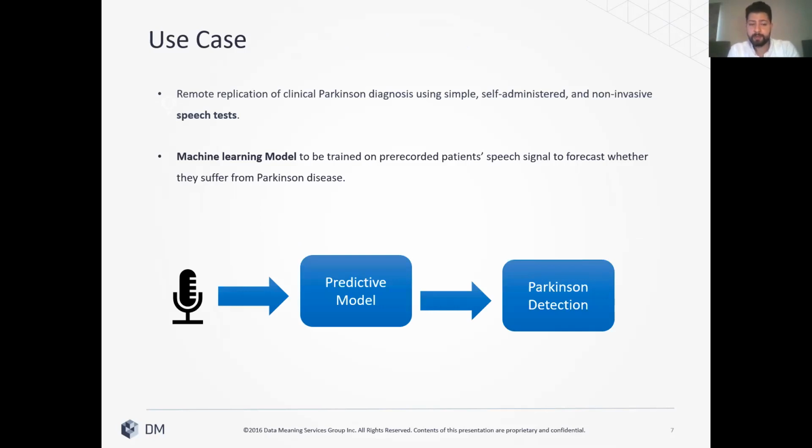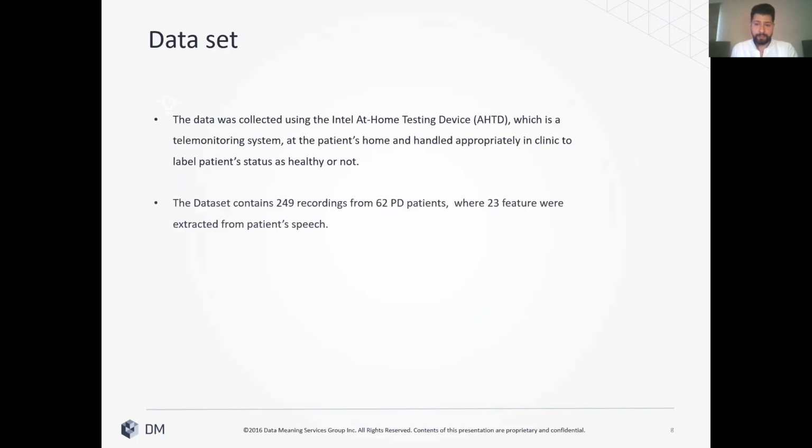Our model is trained on pre-recorded patients' speech signals to forecast this Parkinson's probability. Our data set was collected using the Intel at-home testing device,